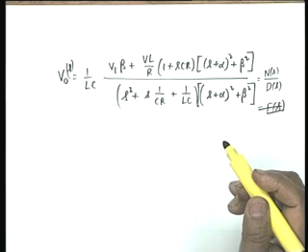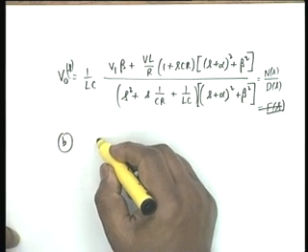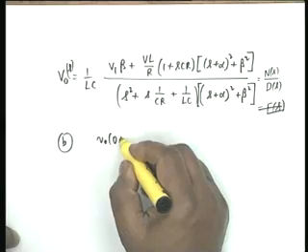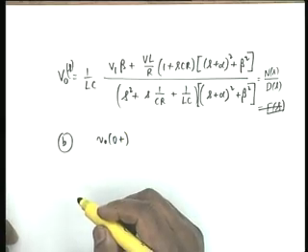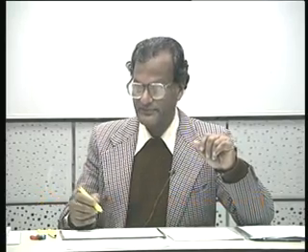Now, therefore, the next question is part B says find out V0 of 0 plus. Now, I could do this from the physical considerations. Physical considerations, there is no impulses in the circuit and therefore the voltage across the capacitor must be continuous. So, V0 0 plus should be equal to V.